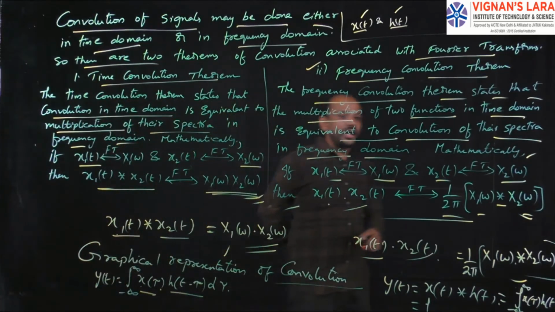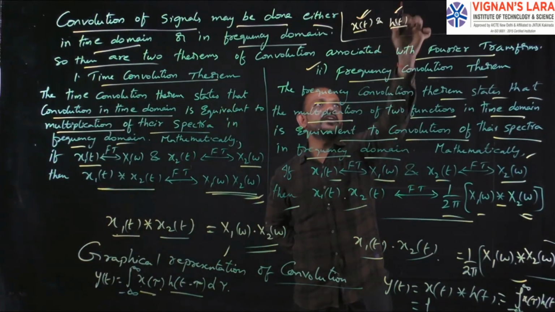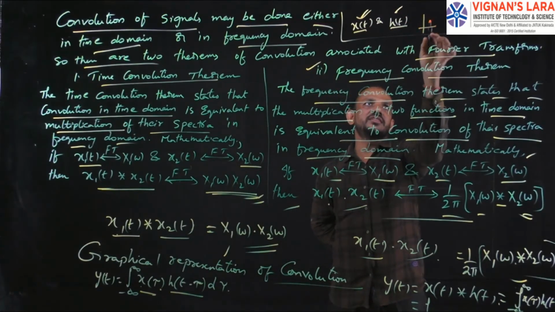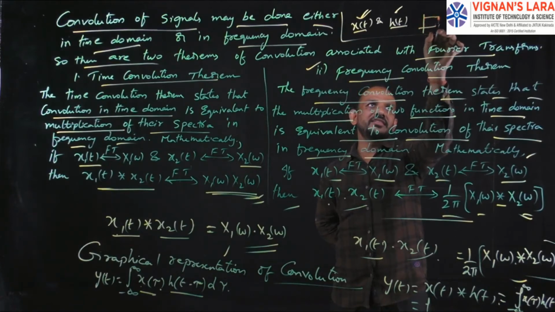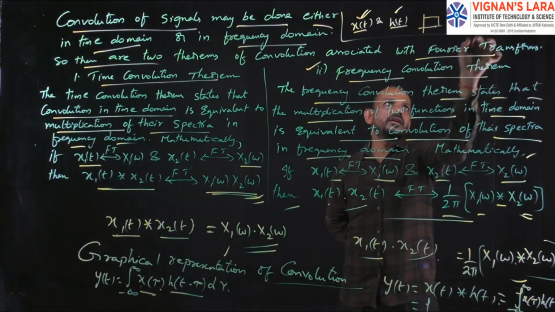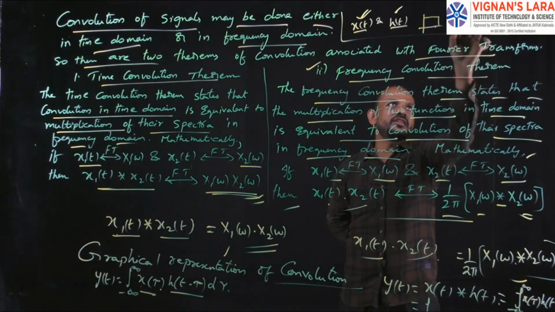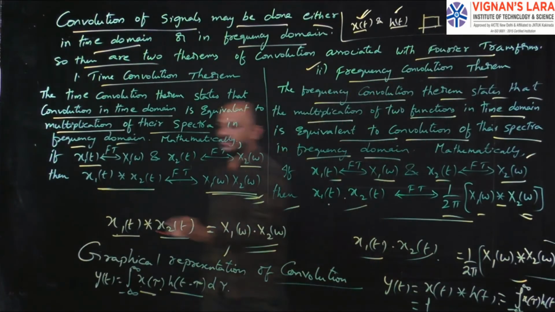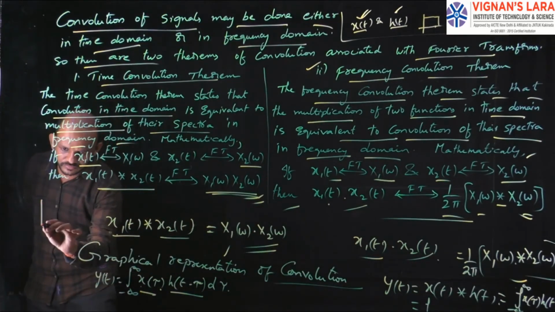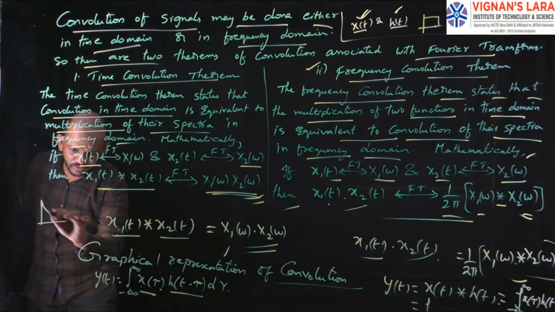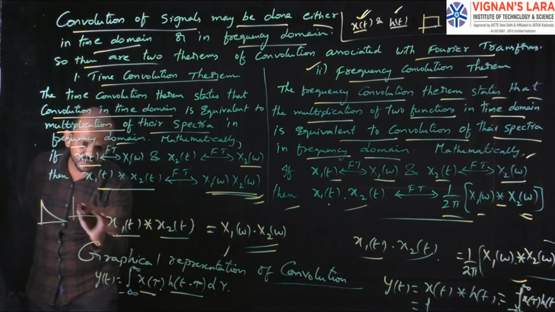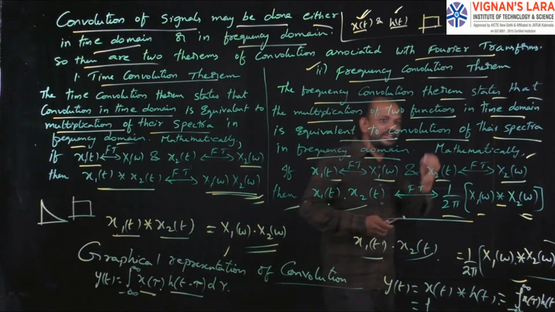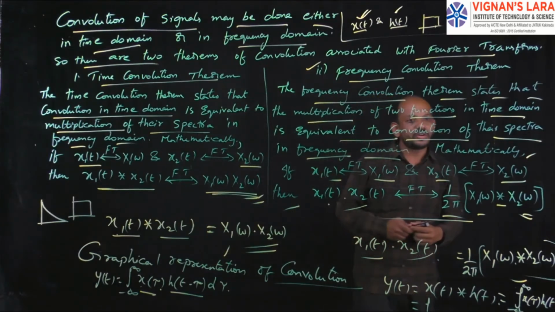So first draw the diagrams of x of t and h of t. Let us say the shape of x of t is like this, and the shape of h of t is like this. Okay, simply. So see here, x of t shape and h of t, anything. Okay, consider the shapes of the equations. So they will give the equations. For that you draw the diagrammatic formats.